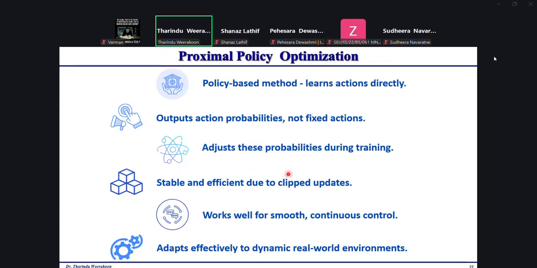And later we tried to implement proximal policy optimization. It's a different approach in reinforcement learning algorithms that helps an agent learn how to act in an environment. It's a type of policy gradient method known as policy optimization. But its stability and efficiency are considerably high compared to the previously introduced two algorithms.